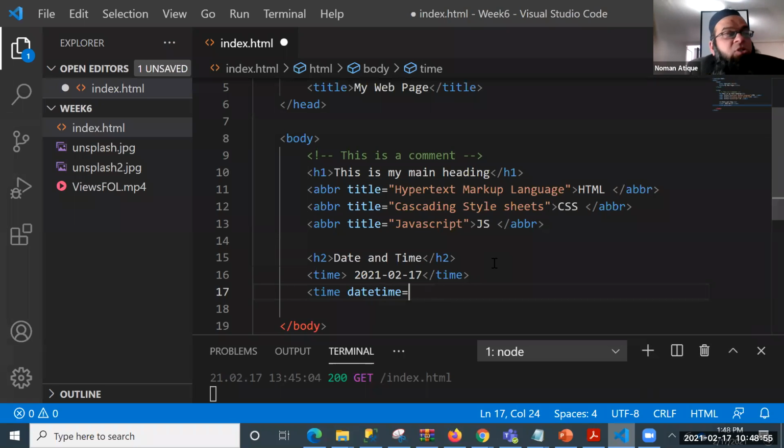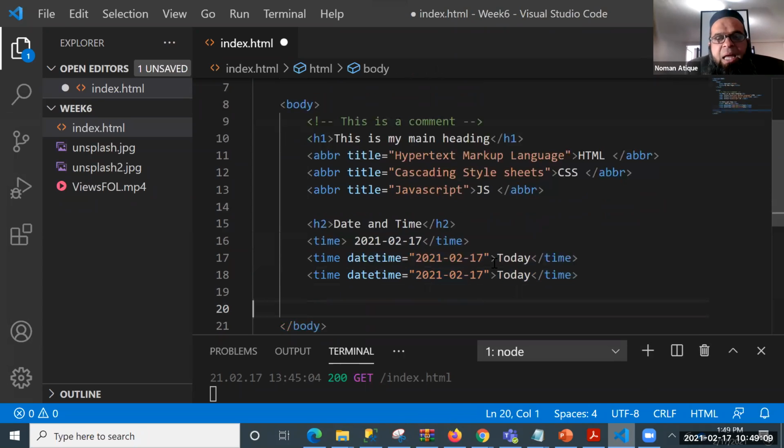Datetime. Now semantically we are providing more and more information. For example, I say this datetime, and I say, for example, today. And if I just copy and paste this one and I say date and time, and I just make it 18th February, I can call it tomorrow, anything. So what I'm trying to say here is that this datetime will give the semantic meaning